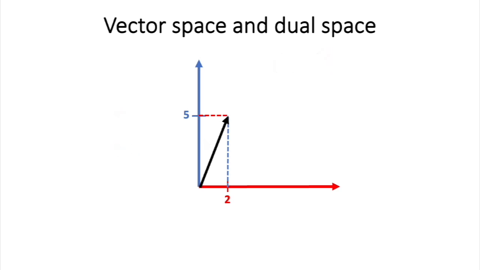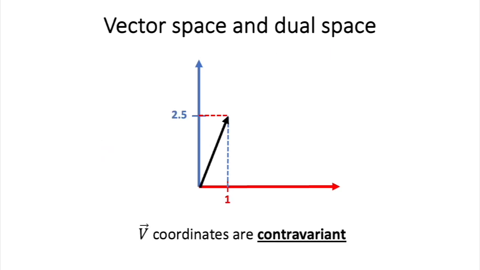Now, if we change the basis, for instance, here with bigger vectors, bigger vectors meaning their amplitudes increased relative to the previous basis vectors, we can see that the coordinates of the vector will decrease in that case. And of course, if the new basis vectors were smaller, then the vector v coordinates would become greater. So this is why we say that vector coordinates are contravariant, because it's the opposite of the basis variation. And of course, this is a very informal definition, but that gives a pretty good idea of what contravariance means. But let's get a bit more formal now.